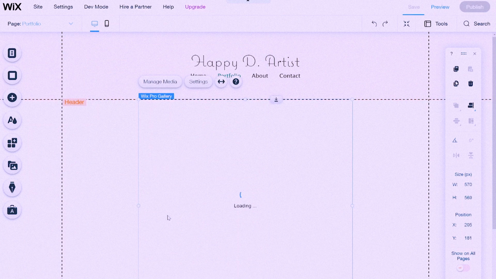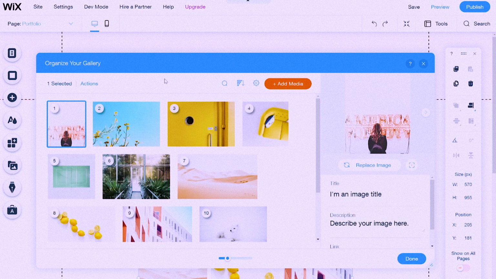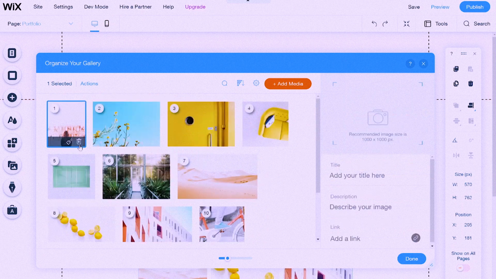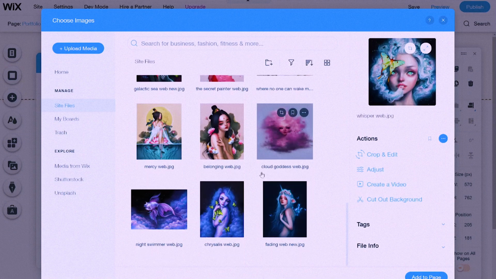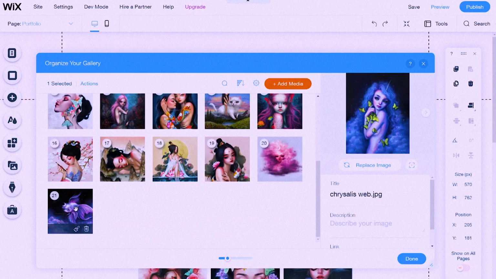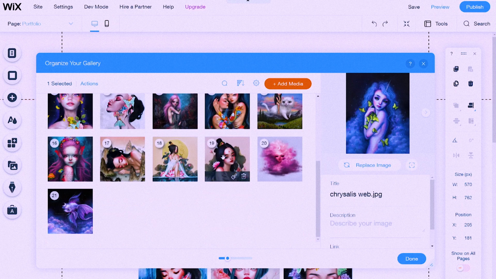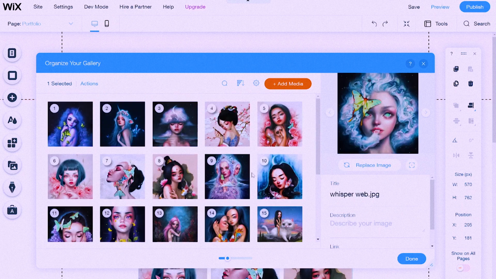So once again, you start off with a sample template, and you can then delete their sample images to replace them with your own. I'm just going to click on the Manage Media button above the selected gallery and start to delete their sample images so I can add in my own artwork. I love that the Wix Editor UI allows you to just drag and drop if you want to rearrange or reposition anything, so I'm just going to quickly arrange my artwork in a more visually appealing grid.